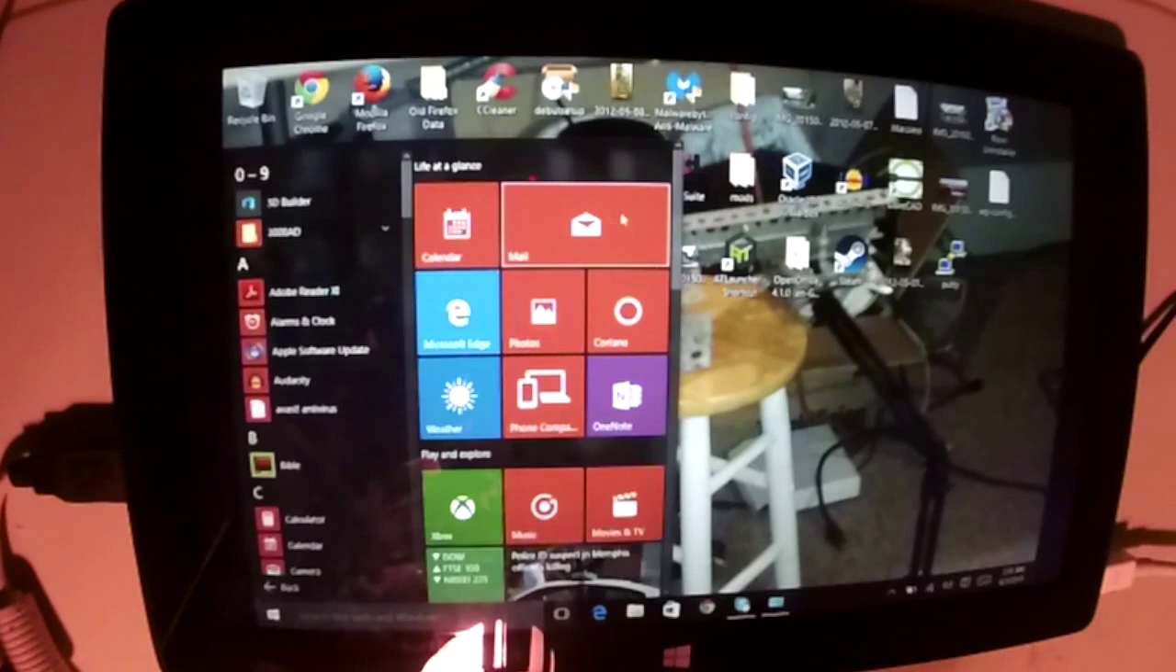Okay? And here's why. Because calendar, I like seeing what I got going on. I have a thing on my phone that tells me what's going on. Mail. Obviously, I want to see what mail I'm getting. Photos, I want it easily accessible. Weather, why not? Right? And it can change with locations and all that. Cortana, that's awesome, I think. OneNote,